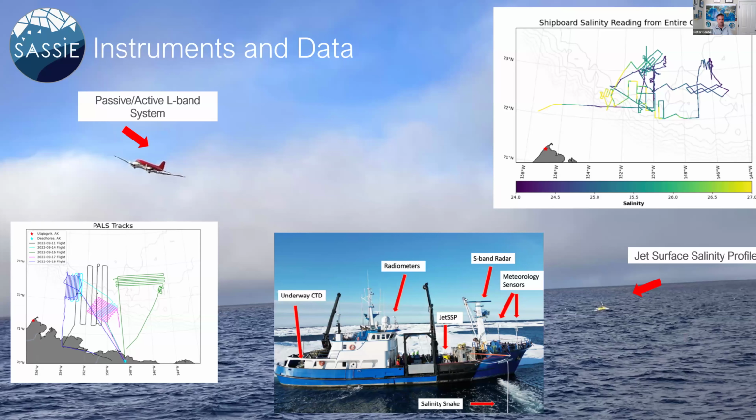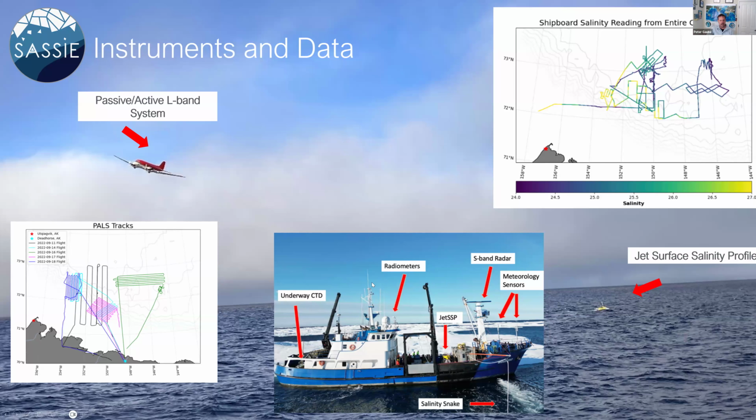So in addition to the autonomous vehicles I mentioned, we also had the RV Wallstad, which is shown here next to the ice, showing some of the different instruments we had. We had a series of meteorological sensors. We had the ship's S-band radar, which we were actually using to get some information about classifying how much ice we were in, but this is nothing special. This was just what's on the ship, but we used a screen capture device.